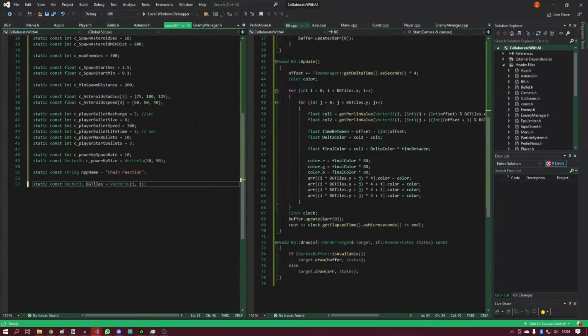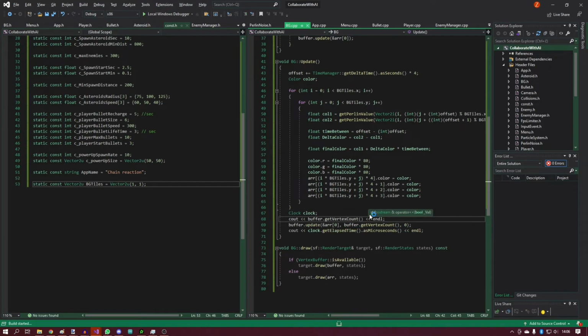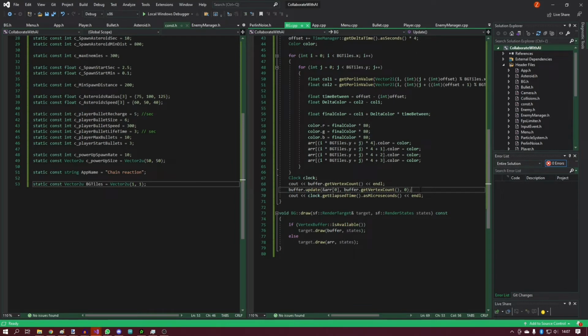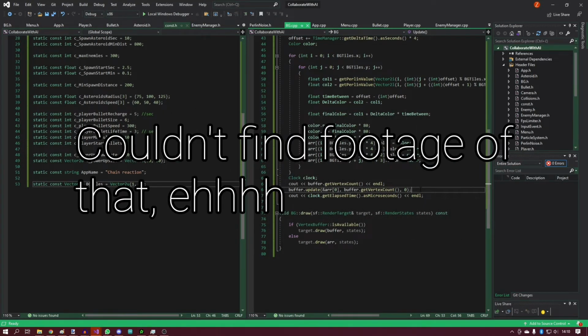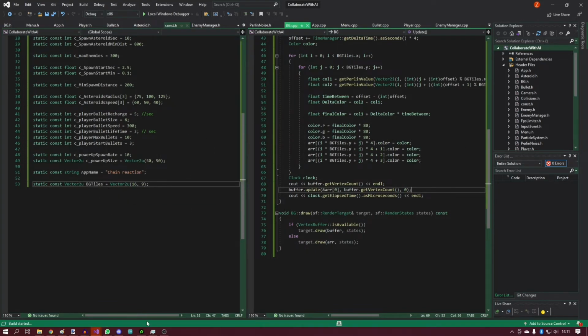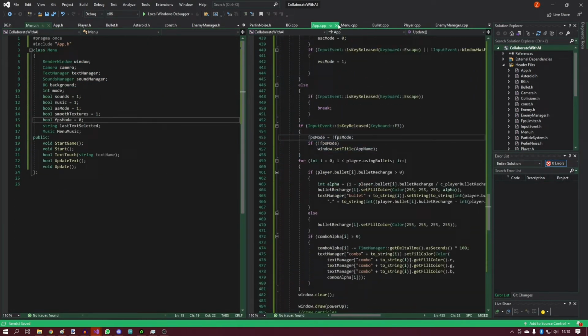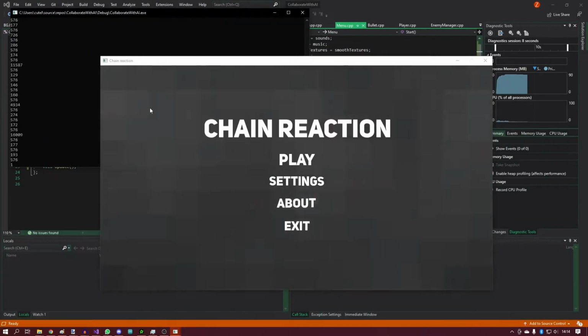You may or may not know that for us to have 60 FPS, each frame has to last about 16 milliseconds. This background was taking almost half of that. I switched to release mode, which is usually faster, and I was surprised to see that from 6 milliseconds it went down to 0.005. Weird. After an hour of debugging, it turns out that for whatever reason, it locked to my VSync refresh rate. I didn't have time to look exactly why I was doing that, so I just accepted it and continued developing